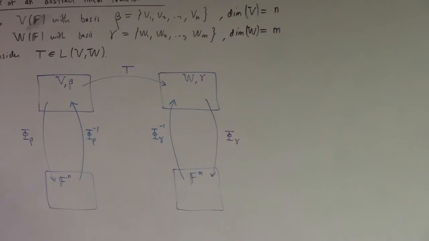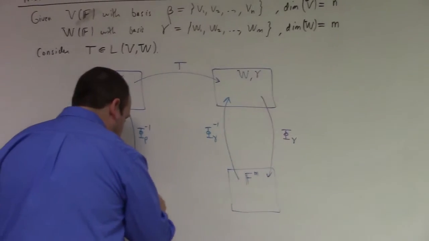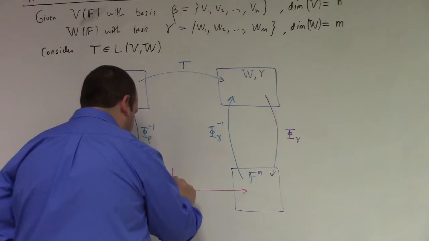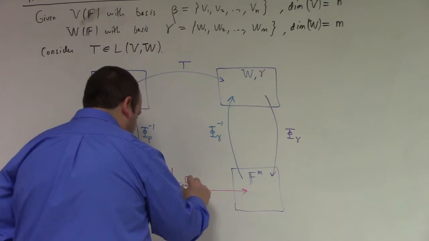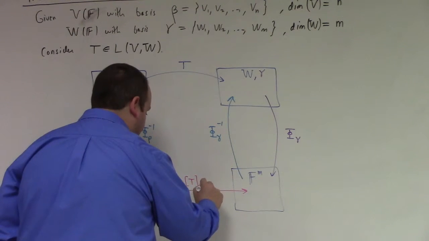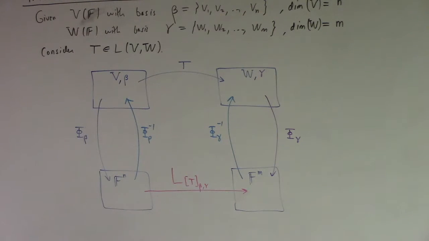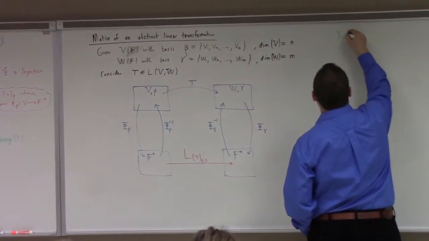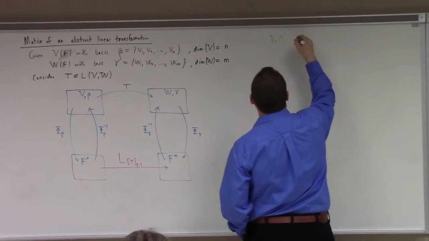So the so-called matrix of the linear transformation T, we get down here. This is going to be left multiplication by the matrix of T from beta to gamma. Beta for the domain, gamma for the range. So I'm defining what I just wrote in pink down there. How do we define that? Maybe be more explicit. So L